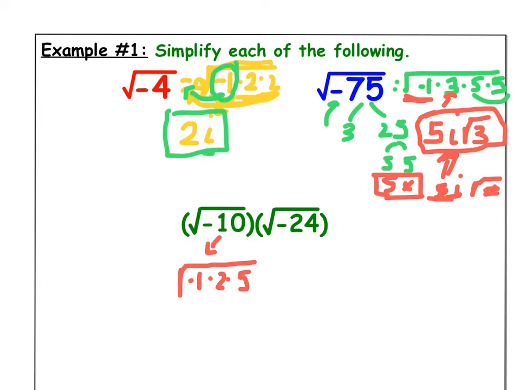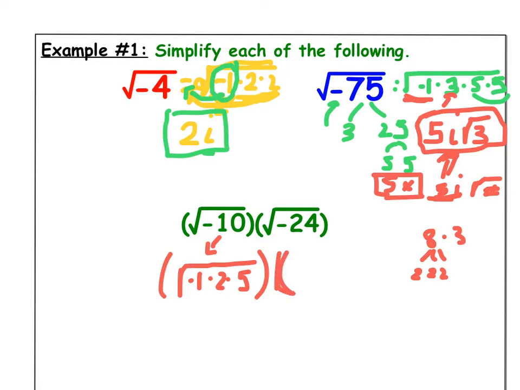And for the second one, I've got 24. What the heck is 24? Oh, that's a tough one. Let's go 8 times 3. I know a lot of people go 4 times 2, but I like to go right to 2 times 2 times 2. So this second one